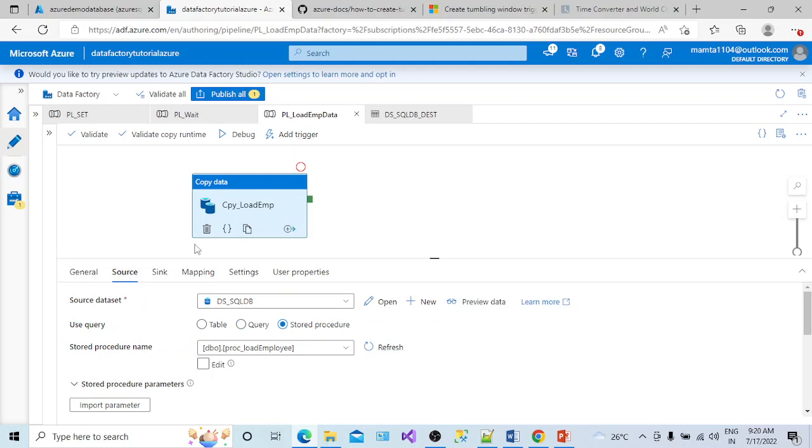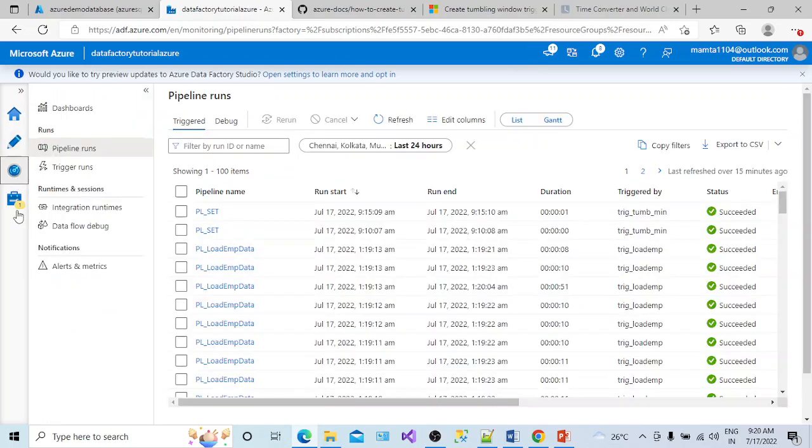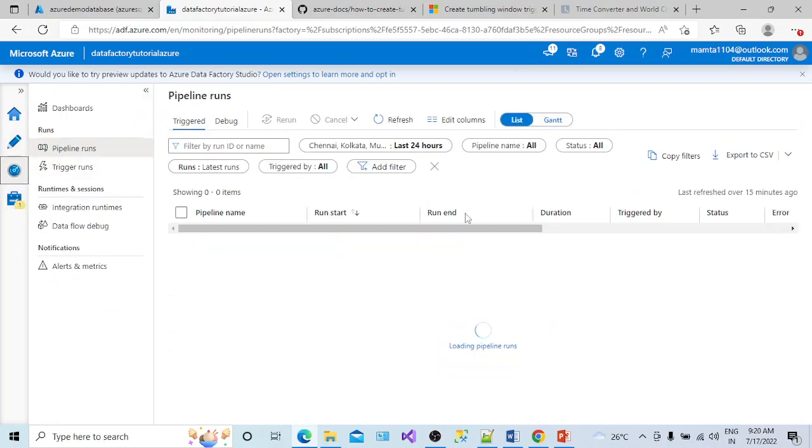Okay, using the tumbling window trigger. So you can add it using your tumbling window trigger which I have created earlier. So that is the main functionality of the pipeline. If I go to the monitor, okay, let me click on monitor, and here if you can see